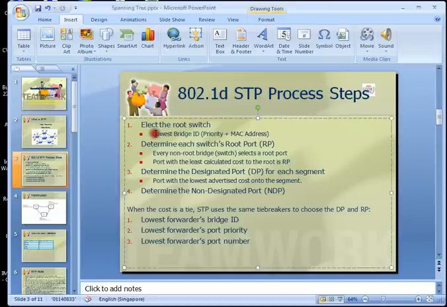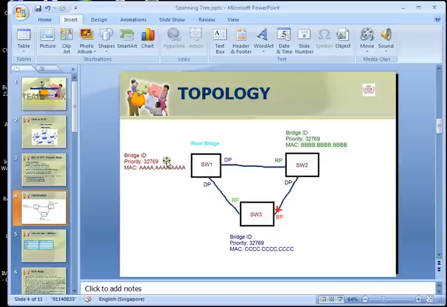They choose the root switch by choosing the lowest bridge ID. The bridge ID consists of priority and the MAC address. Priority is something that we can configure, and the MAC address. So in this case we can assume that we have the default priority.